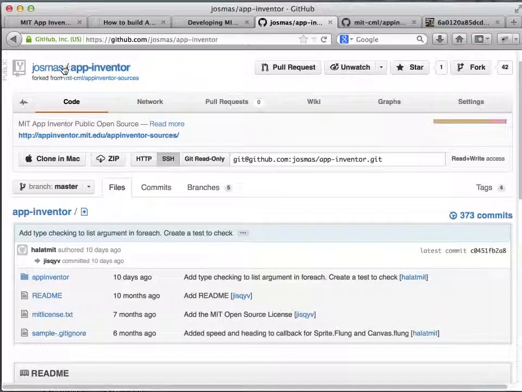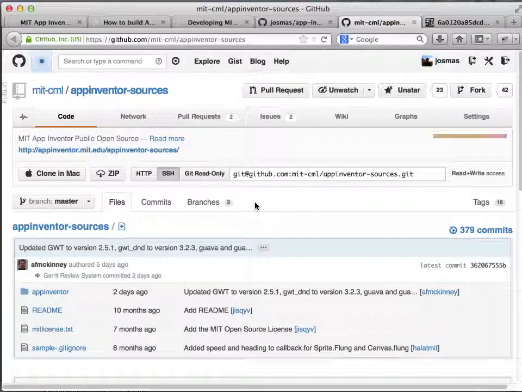And as you can see here, my fork has been forked from MIT CML App Inventor sources. If you notice here, this was actually authored 10 days ago, which was the 21st of April. But if you have a look at the MIT CML repository, this was actually authored only 2 days ago, the 29th of April. So it's obvious that the MIT repository has more stuff than I do, and I want to download all this stuff. So for that, what we do is in our clone we